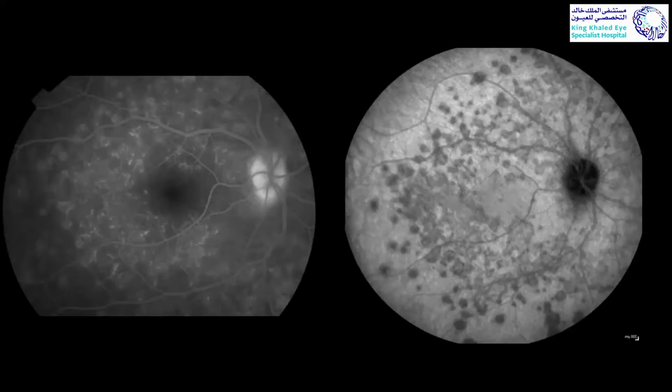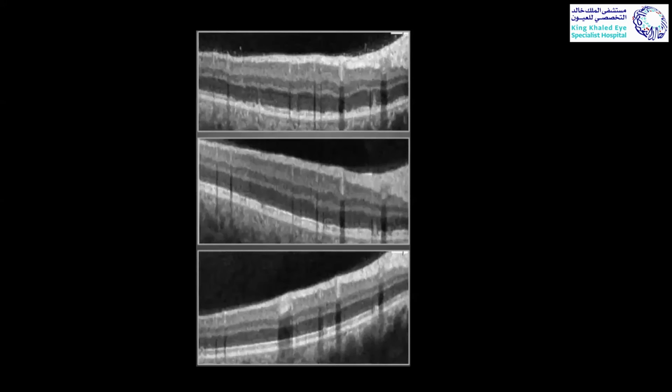hyperfluorescence in the fluorescein angiography. It has a name, wreath-like, because it affects only the area of the photoreceptor damage. This area corresponds exactly to the ICG hypofluorescence, which we can see in these two images. So based on this image, for many years, because of the ICG finding, people were thinking this is most likely a choriocapillary disease, because the ICG shows hypofluorescence.